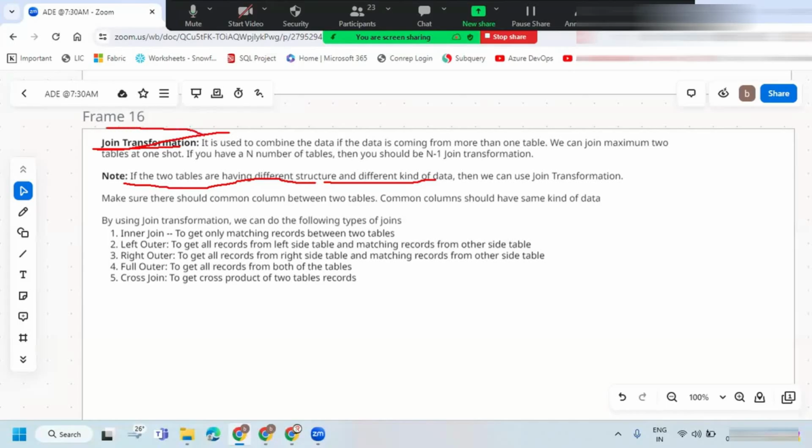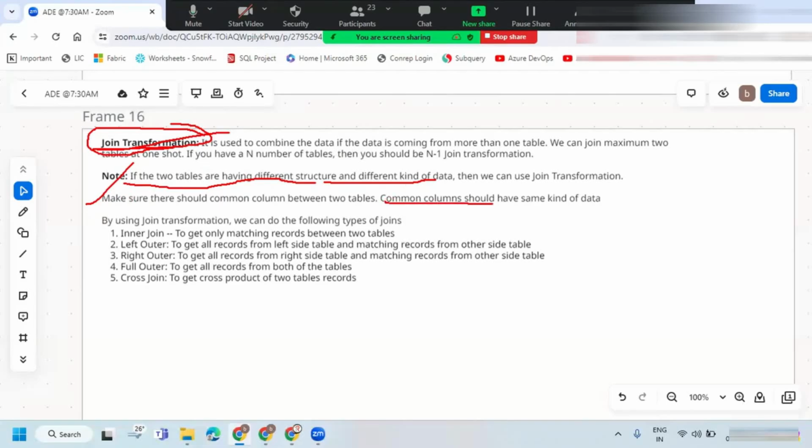And when you use this join transformation, 100% there should be a common column between the two tables. That is another point you need to keep in mind. Even in SQL Server also it is the same. Wherever you go, the join concept is very much simpler. Even we are going to touch this in Databricks. Databricks also does the same thing. Same points. The only thing is there we are going to write code, and here we are going to do it completely with the user interface.